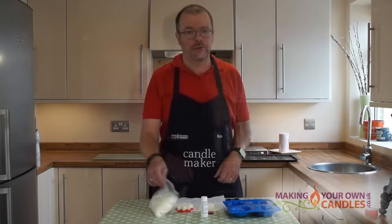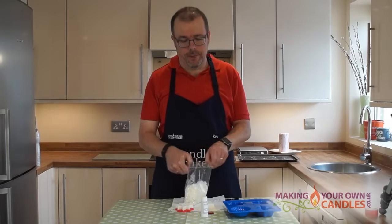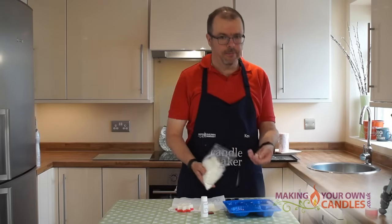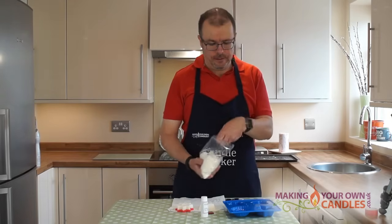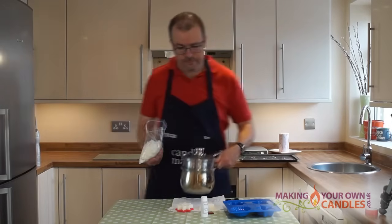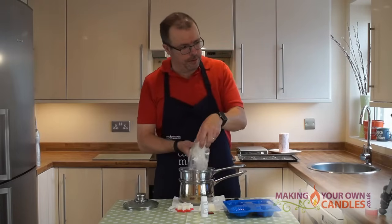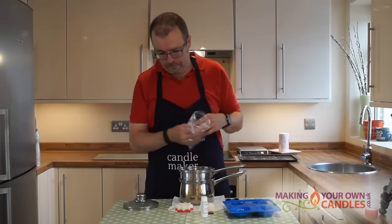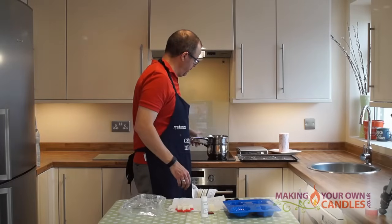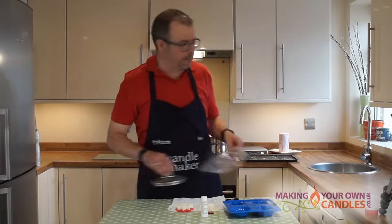Right, so the first thing I'm going to do is melt the wax. As I said, this is an Eco Sawyer Pillar Blend, which produces these lovely flakes. So that goes straight into the double boiler, back on a low heat. The water's already boiled in there, so it won't take very long. But while that's melting,